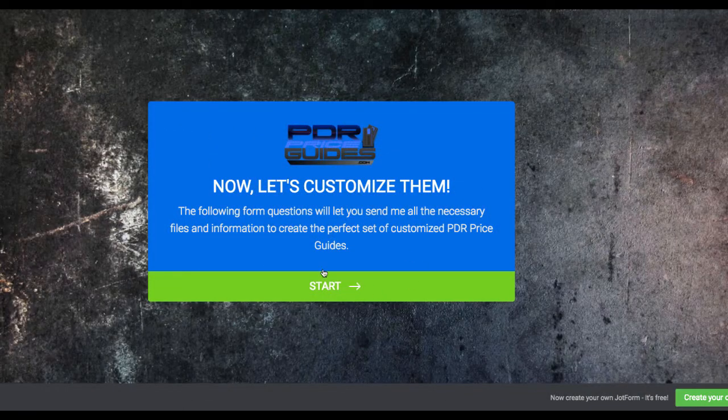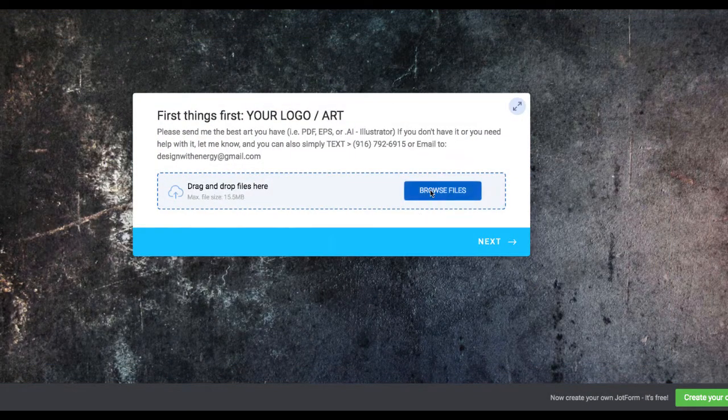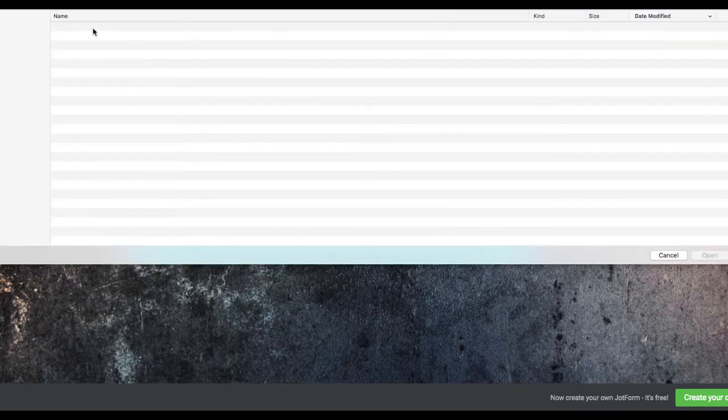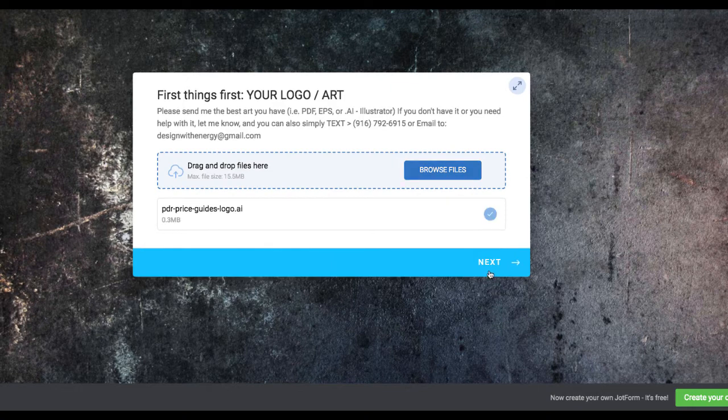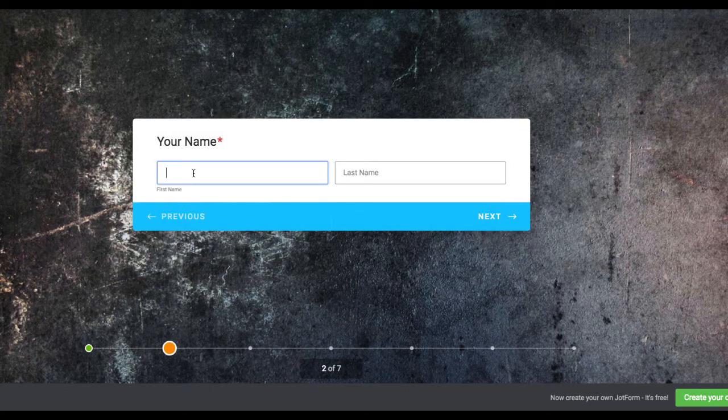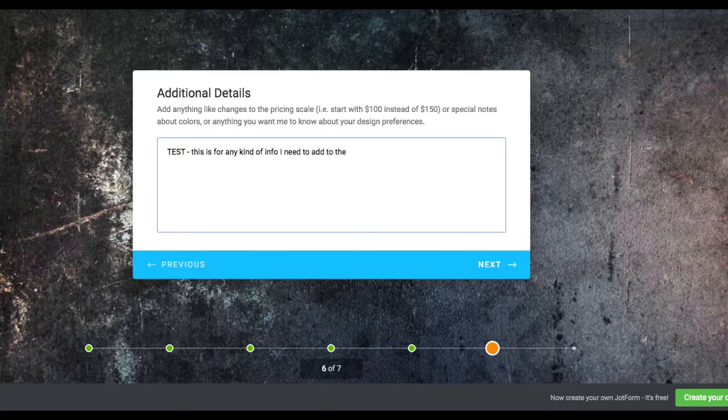So after completing the purchase in PayPal, it'll send you to this form where you can upload your logo, and you can use different formats if you want. You'll specify your name. You can add in any kind of instructions you want. Click next,